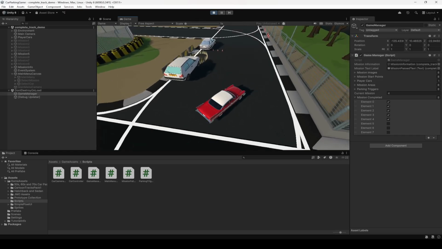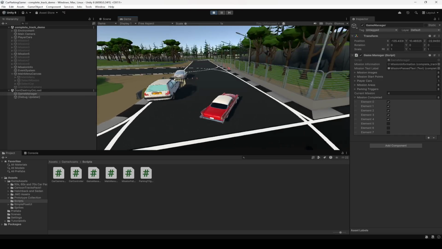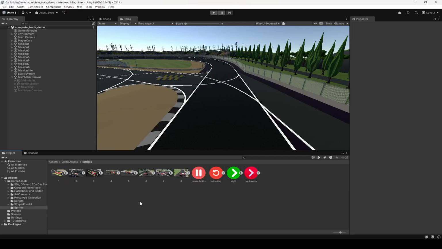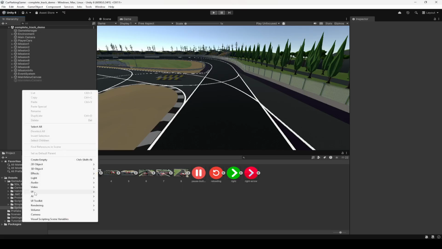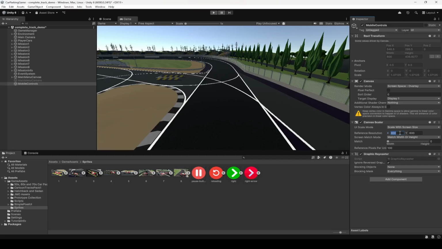Now right here we don't have any option to pause the game. Okay, so now we need to create a button by which we will be pausing our game. So right here what we're gonna do is we're gonna create a UI canvas. Now let's name this as mobile